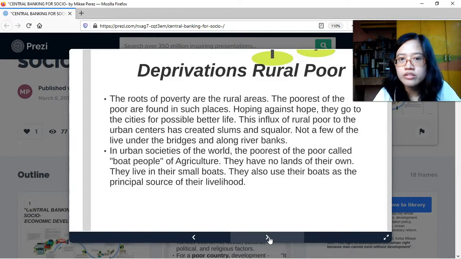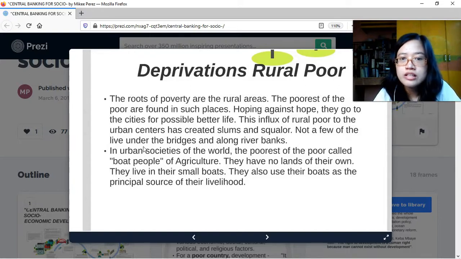Deprivations of the rural poor. The roots of poverty are the rural areas. Maybe. The poorest of the poor are found in such places, although here in the Philippines, majority of them did come from rural areas, but they flocked to the cities in the hope that they would find jobs there and that they could send money to their families back in the rural areas. Hoping against hope, they go to the cities for a possibly better life. This influx of rural poor to the urban centers has created slums and squalor. Okay? Not a few